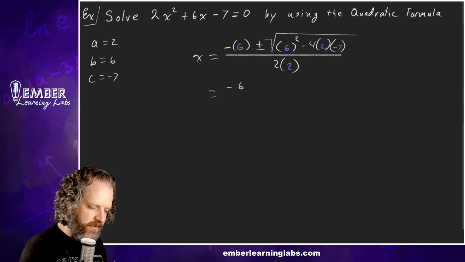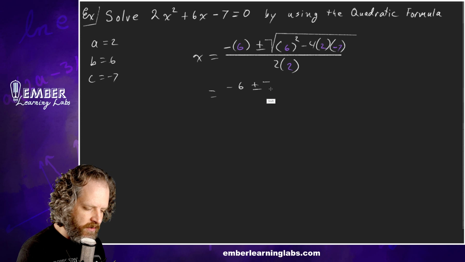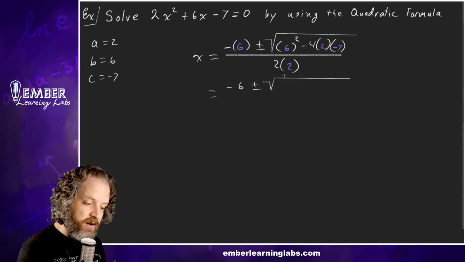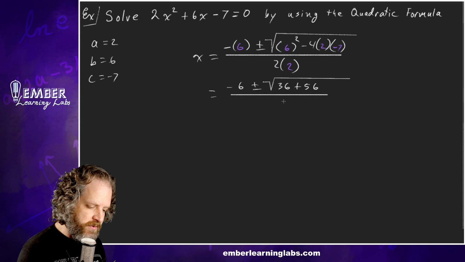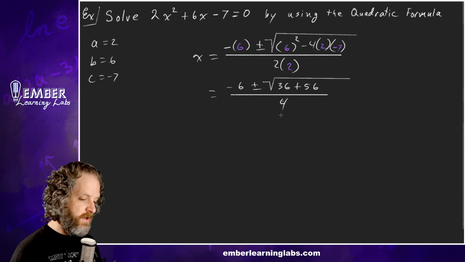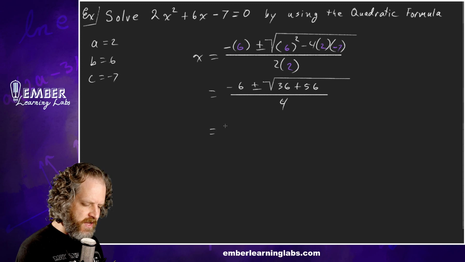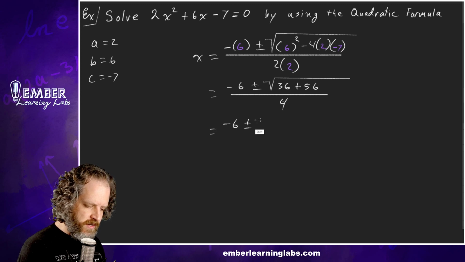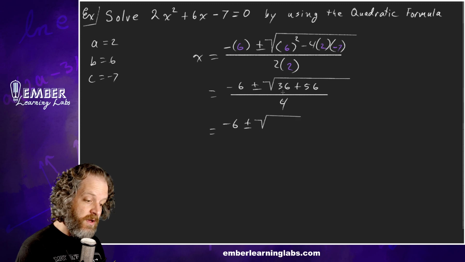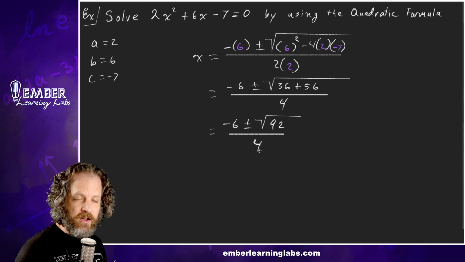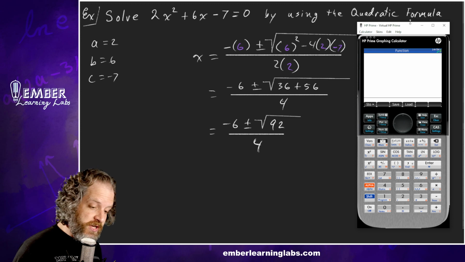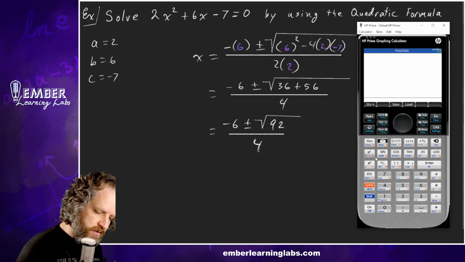So we've got negative 6 plus or minus the square root of b squared, which is 36, plus 56, all over 2 times 2 is 4. Right? 36 plus 56 plus or minus the square root of the 92 over 4. Now, if we go to our calculator and punch in the square root of 92,